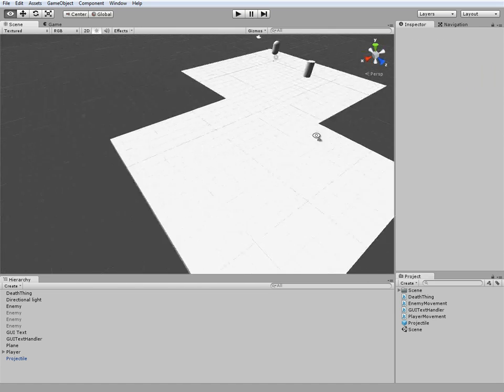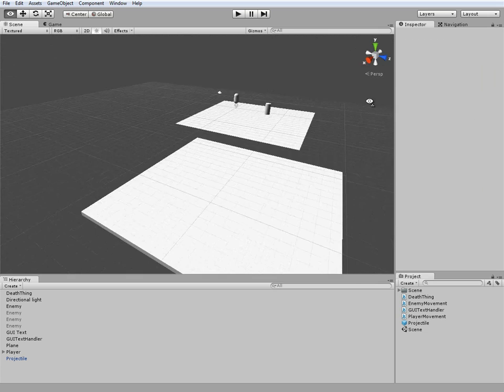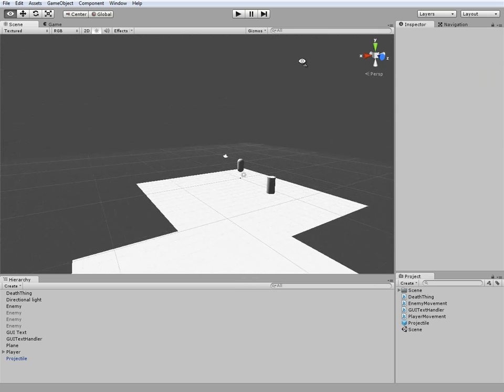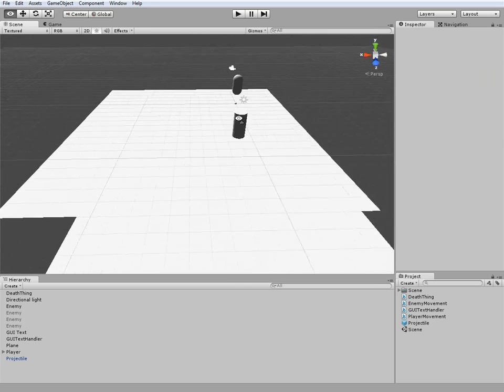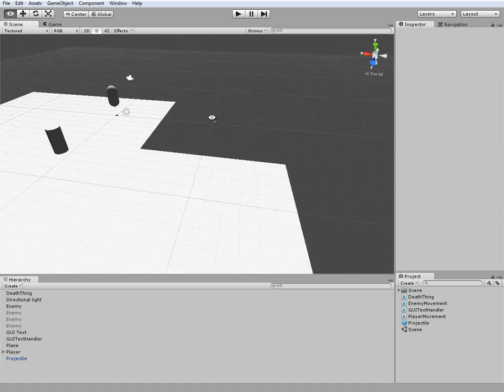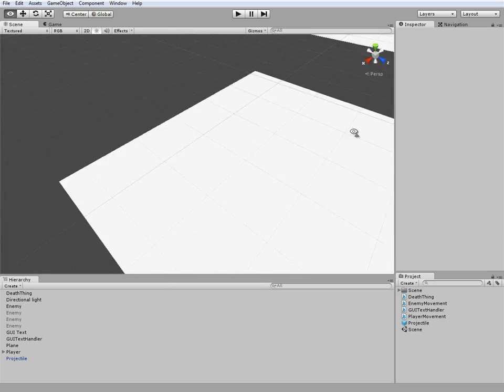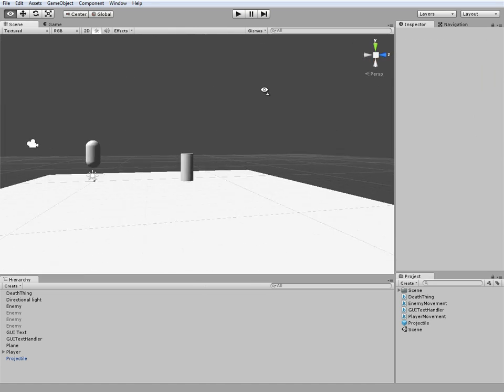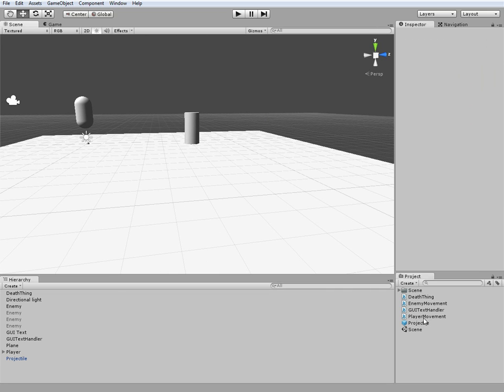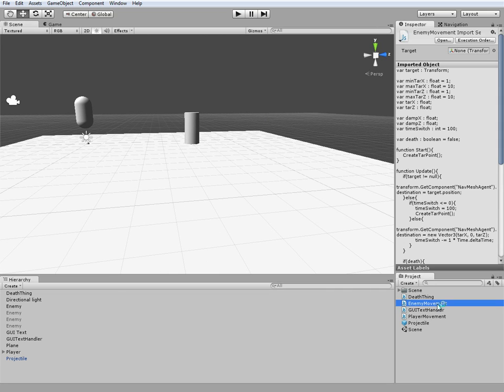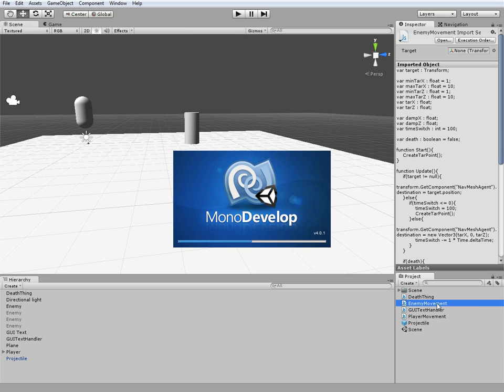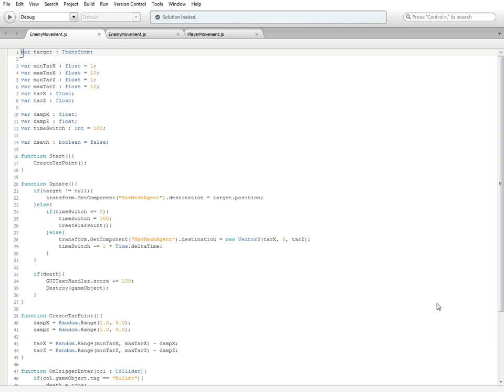If you've been following along, you should have something along the lines of what we've got here. So let's go ahead and get started with some of the programming that we're going to need. So first off, you're going to want to open your enemy movement script, because we're going to start with making our guy patrol. So what we're going to do is we're going to need